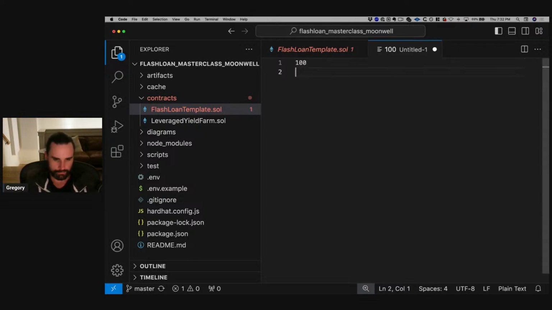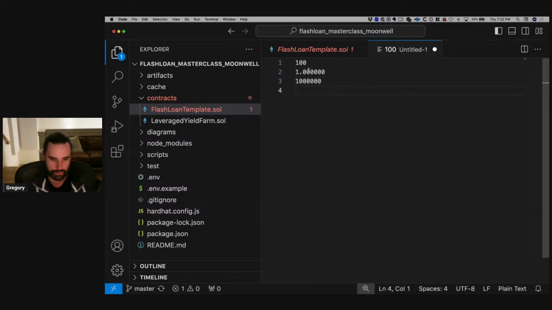With USDC, there's 6 zeros after the decimal place. Sorry, my Siri just went off. There's 6 zeros after the decimal place on USDC. 1, 2, 3, 4, 5, 6. So if we're going to write USDC in its smallest form, where you can't divide anymore, it looks like this: 1, 2, 3, 4, 5, 6.